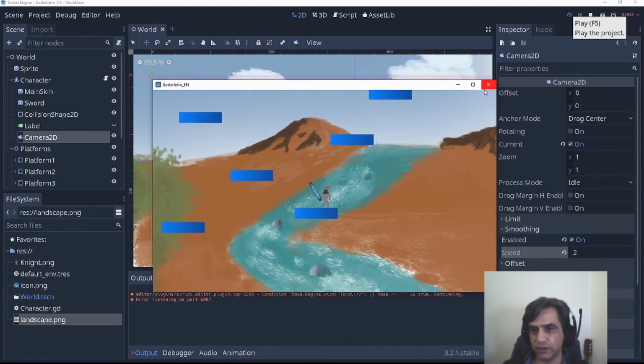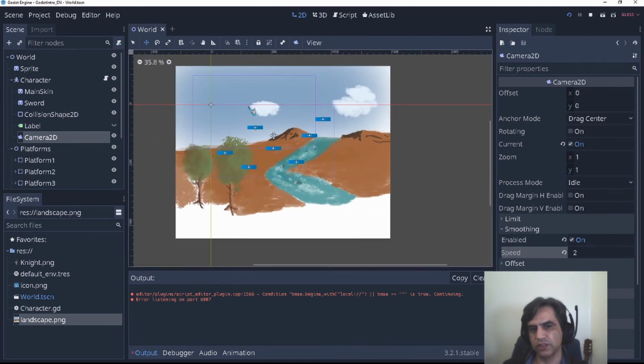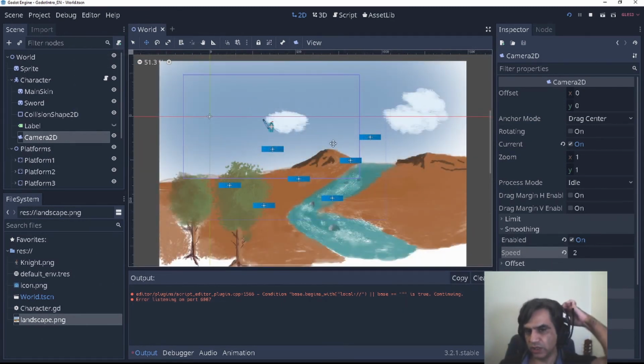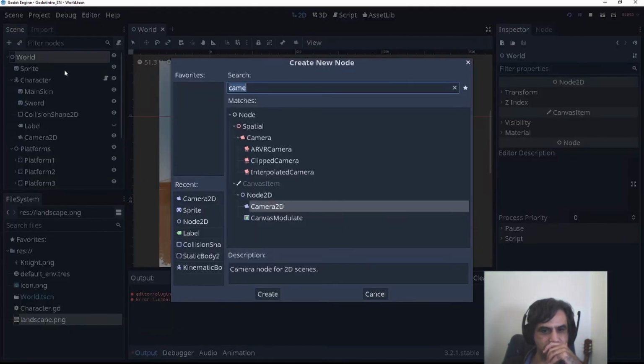Okay, there is also a trick because I want to give the sensation of depth by adding this. Let's see if I remember. What is the name?